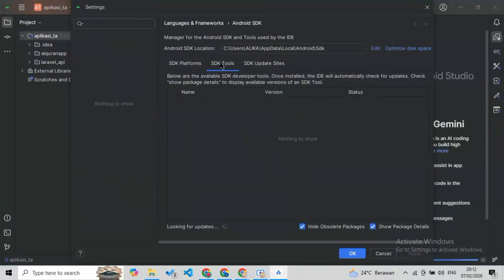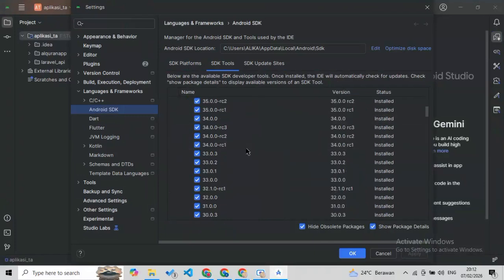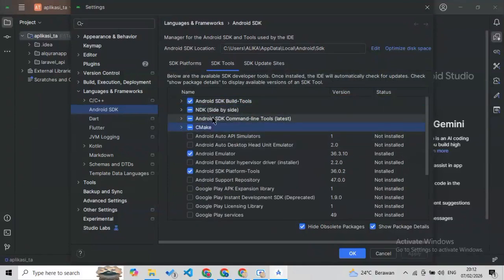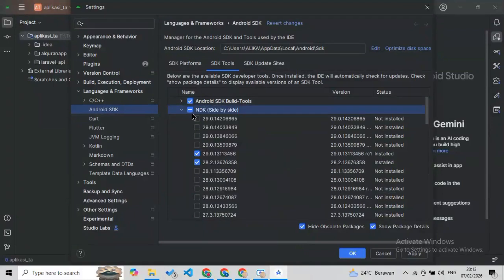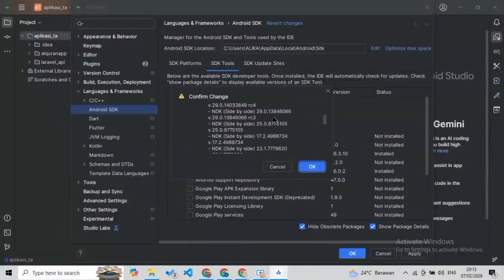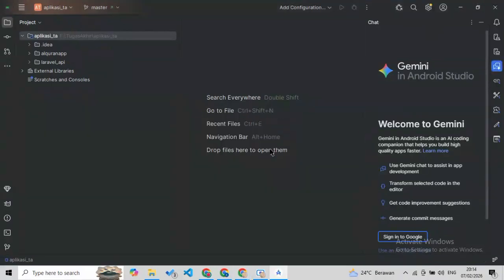You don't need to be an expert in Android Studio, we only need it for the tools. Check the Android SDK command line tools, Android build tools, and Android SDK platform. You can download them in Android Studio.